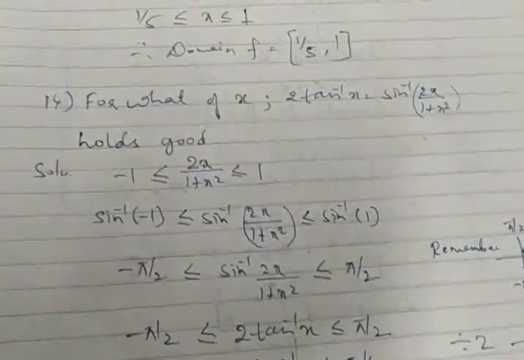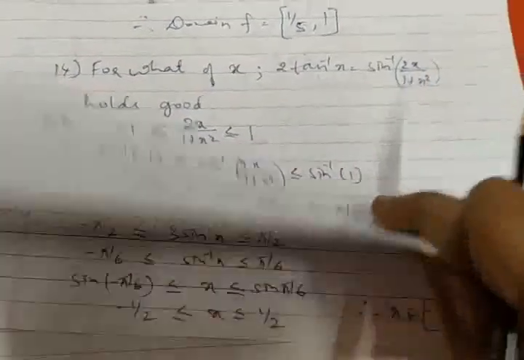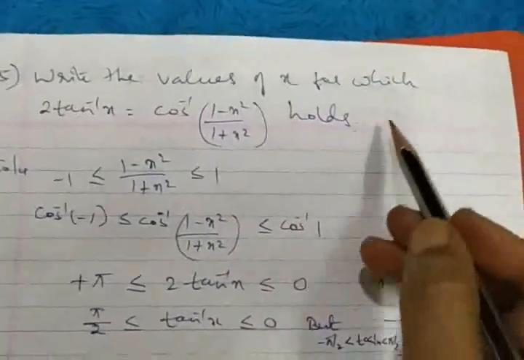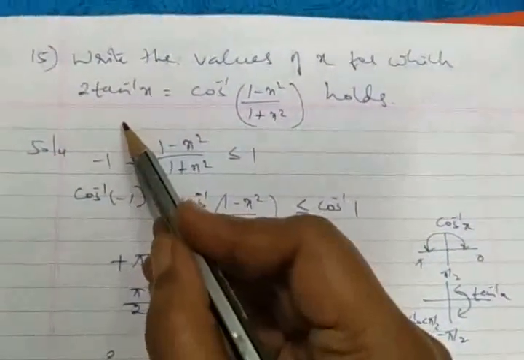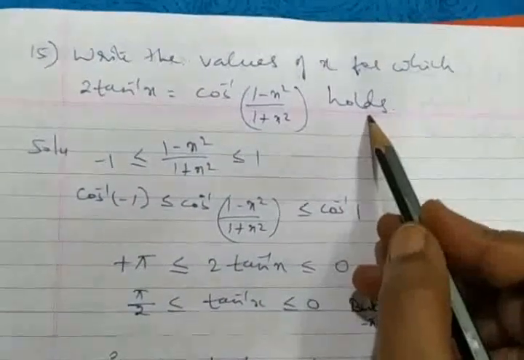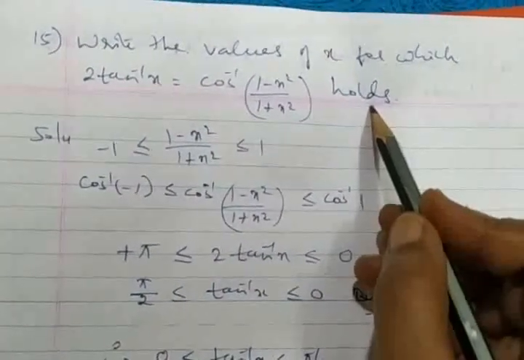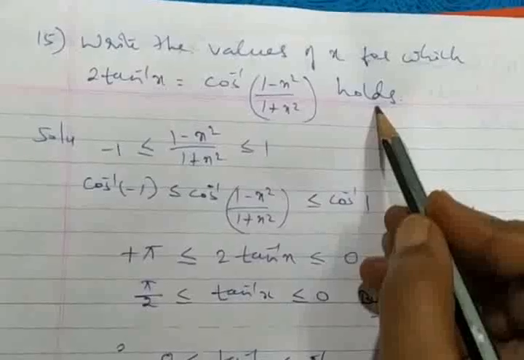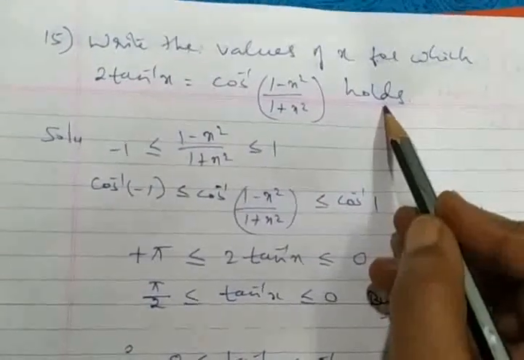Lastly, I will tell one more. What should be the answer? What to expect here? So I discussed a few more questions here. See, for what values of x? This question is there in the textbook. The question is given as 2 tan inverse x, and directly the answer is given there as x greater than or equal to 0. You can even refer to the textbook also. They have given x greater than or equal to 0. That you have to remember.